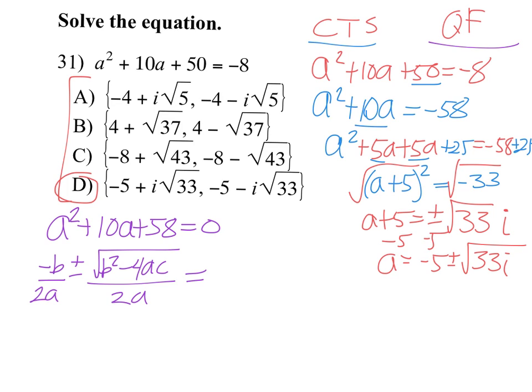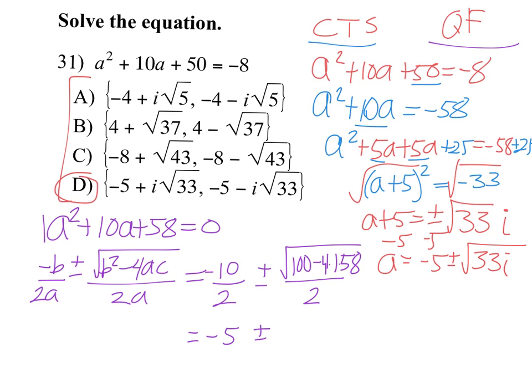If I plug those values in, you've got 1 for a, so that's going to be 2 and 2. Negative b, so negative 10. And within here, we're going to have 10 squared is 100, minus 4 times 1 times 58. So we've got negative 5 plus or minus the square root of